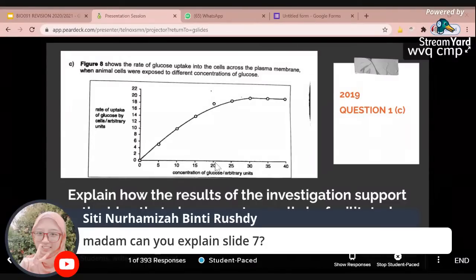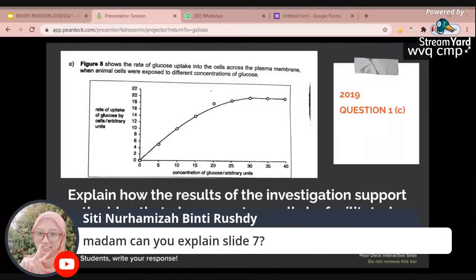So concentration of glucose, as you can see, bila concentration of glucose meningkat, glucose uptake sepatutnya meningkat. Tapi kita dapati bila dia meningkat, tiba-tiba glucose uptake ni menjadi setara, tiada peningkatan dalam uptake of glucose. Okay, so basically kalau dia bukan facilitated diffusion, graph dia sepatutnya straight lah. Kalau dia bukan facilitated diffusion, graph tu sepatutnya straight sebab facilitated diffusion akan